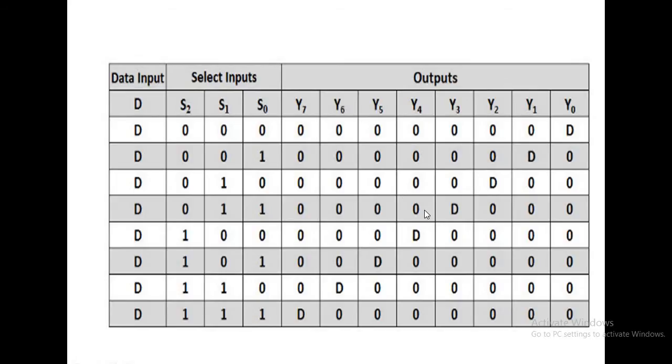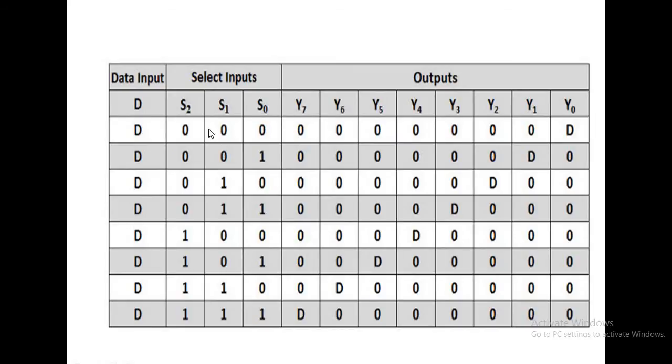So this is the truth table of your 1x8 demultiplexer. Like your 1x4 demultiplexer, these are the input lines D, or you can write I as the input line. In case of 1x4 demultiplexer I took I as the input line, but here I can take D as the input line. D or I, you can take as your choice. And these are the selector lines S2, S1 and S0,